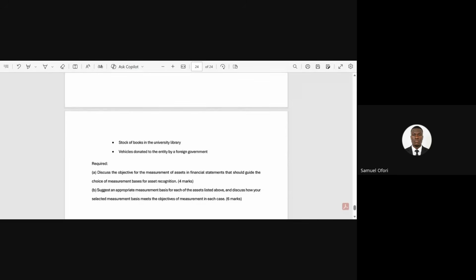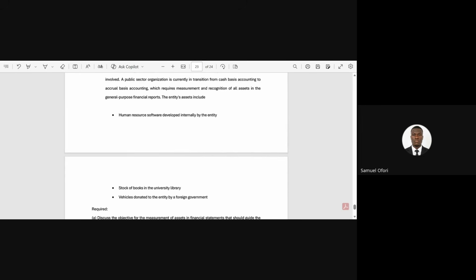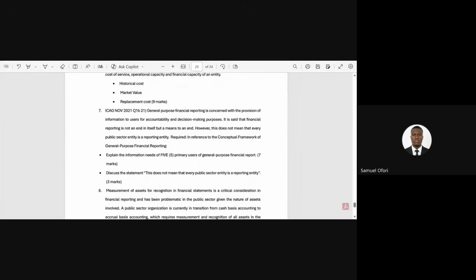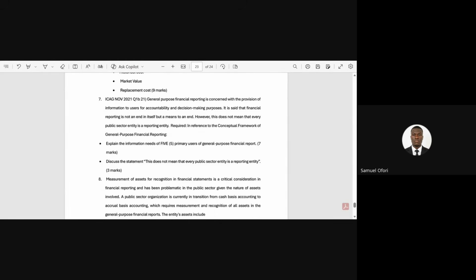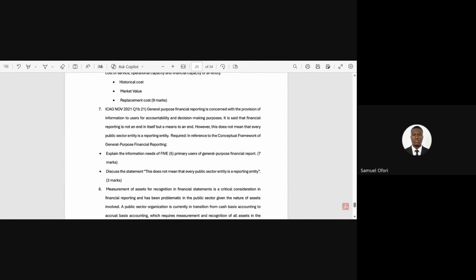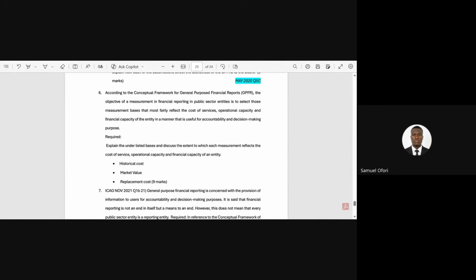So operational capacity and financial capacity, they ask us to discuss and suggest an appropriate measurement for these ones: human resource software developed internally by the entity. Then November 2021, question 1B, general purpose financial reports, and they are asking us to explain the information needs of the primary users of general purpose financial reports, and discuss the statement: this does not mean that every public sector entity is a reporting entity. So you have to explain that. We learned about reporting entity today, and you have to be able to explain this one. And historical cost, market value, and replacement cost. You have to explain for 9 marks, 9 good marks. If you get this one wrong, that means